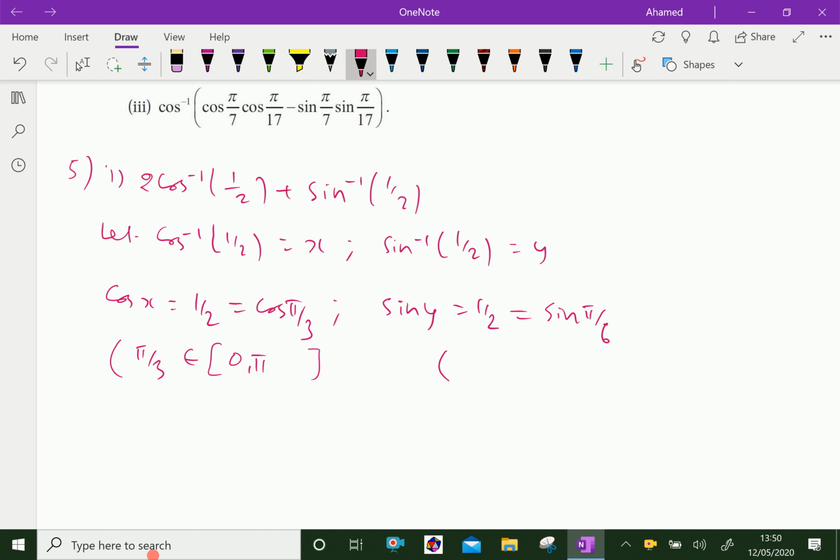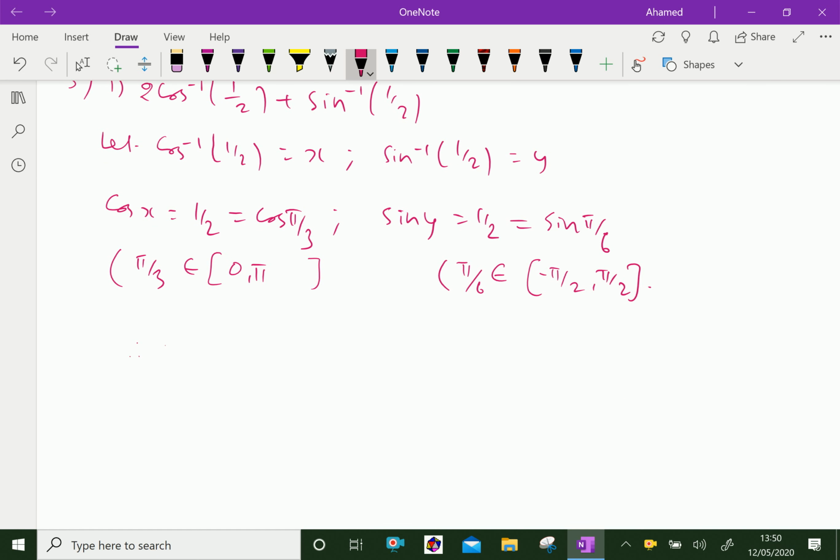And here pi by 6 is an element of minus pi by 2 to plus pi by 2 for the sine. Therefore,